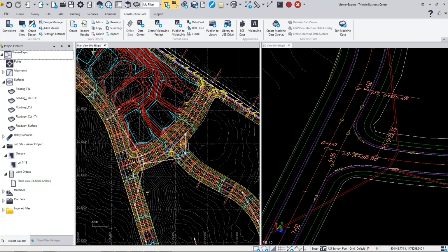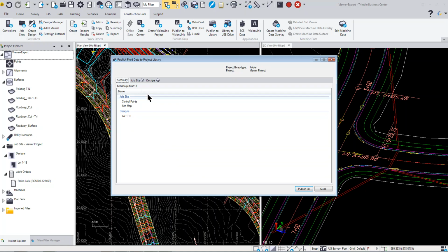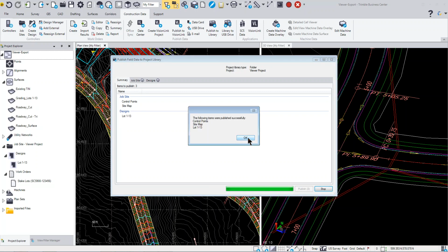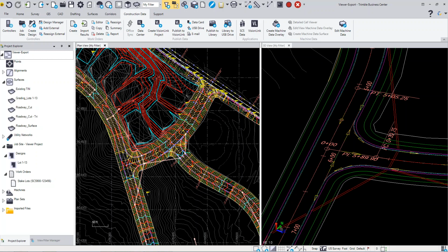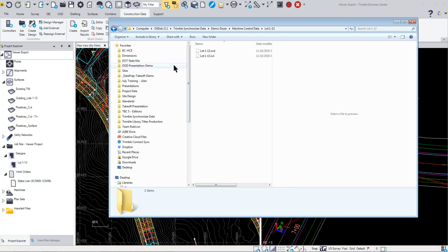To do the earthworks, we have one more step, and that would be to publish to the library. So on the construction data tab, once you go through these first few steps, the last step here would be to publish to the library. Publishing it to the library, you can see it's actually going to create this DSZ file for my earthworks machine. So when I go ahead and do that and hit publish, it's created those files, and that data is going to show up